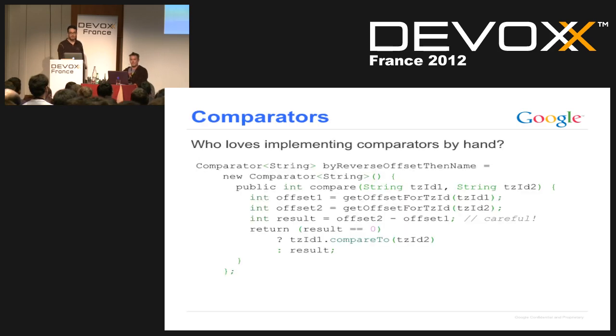So I don't know about you, but my favorite thing in Java is implementing comparators. And if I could write my project by just chaining together the right 340 comparators, that would be awesome. I mean, how many of you just love writing code like this? I hear the microphone system loves it. So this is fairly tedious, and as we'll see, it's actually fairly bug prone.